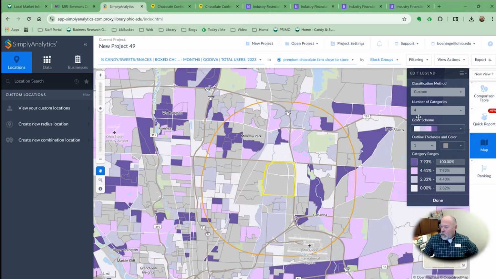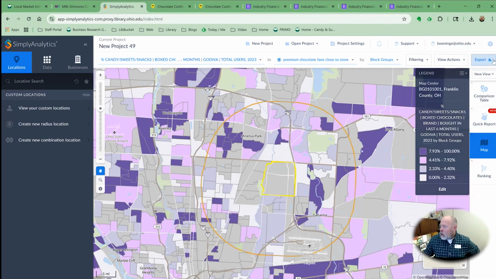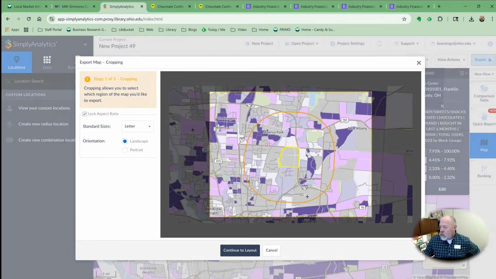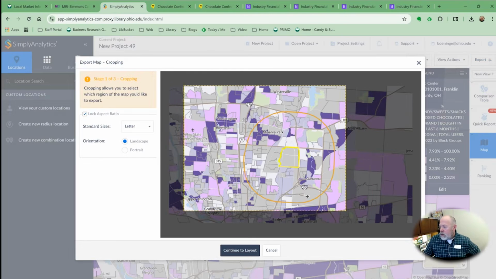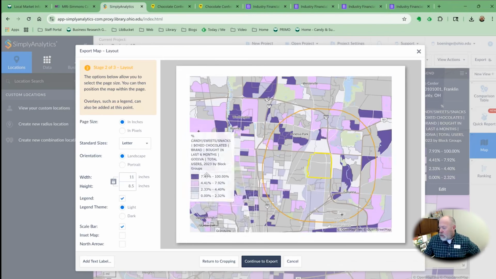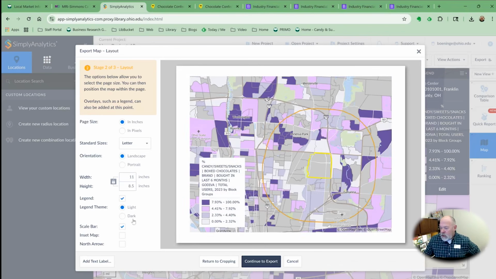So once you have something that you're satisfied with, this is kind of cool. We'll click done here. You can actually export this as a map, right? And so you can kind of move this around here. We'll click continue to layout here. We've got our legend here. If we don't know which way is up, you can add a north arrow, right? We can actually add a text label,